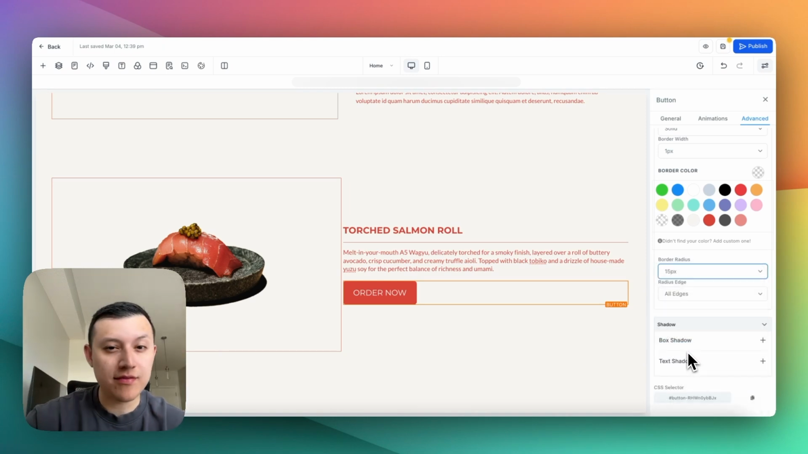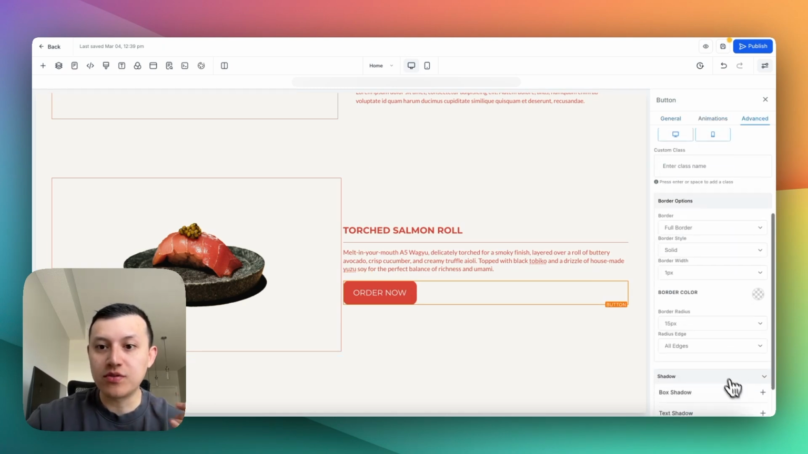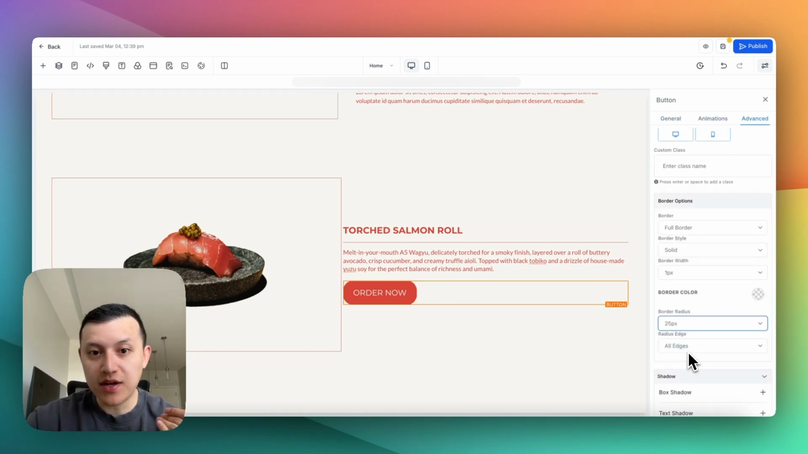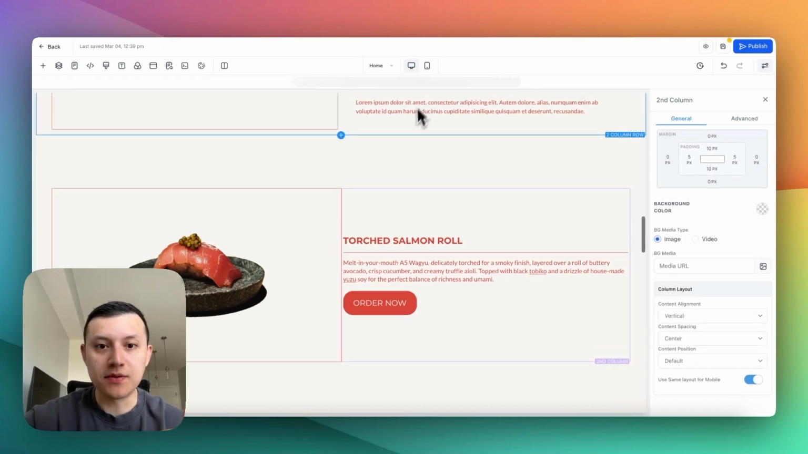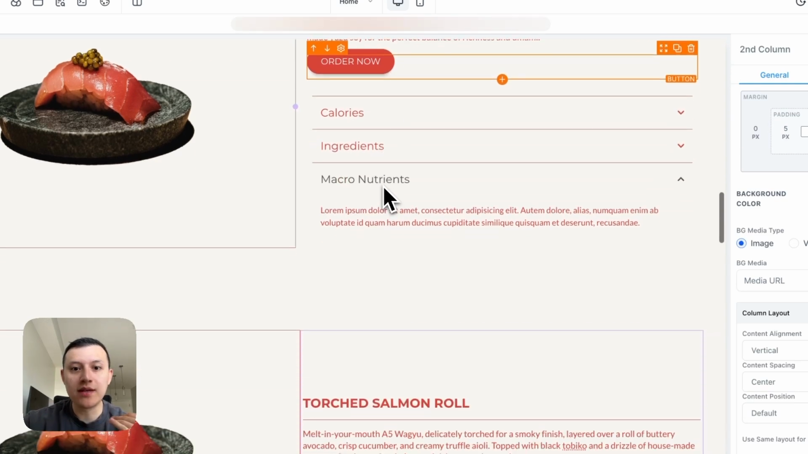So we want to do maybe 15 if you wanted to have it not too round. For me, I want to do something more, so maybe I could do 25. And so it's looking pretty close to this one. Now you'll notice this one is a bit slimmer, has that slim look, and we want to keep that consistent